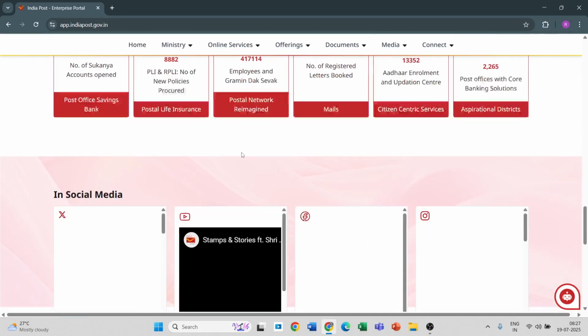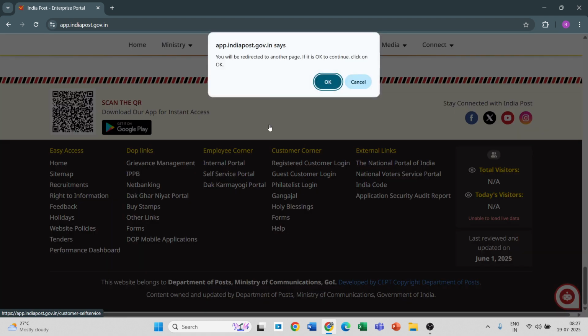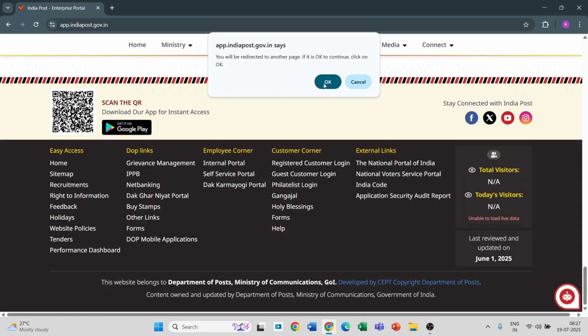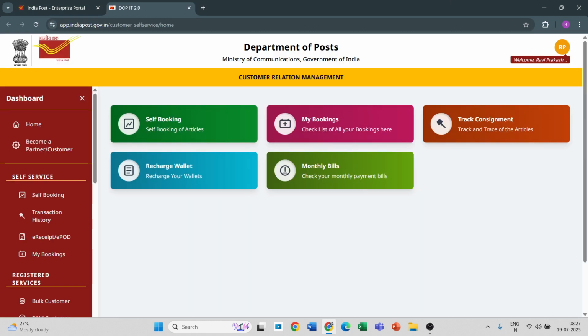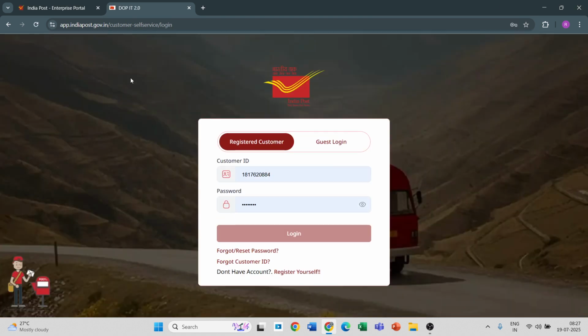You have to scroll down and at the bottom you will see the self-service portal. Click this, click OK button. Now you will be at this place and here you have to enter the customer ID, that is user ID, and then password and then login.